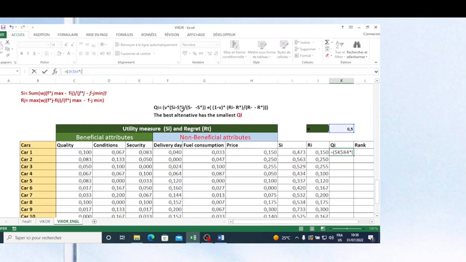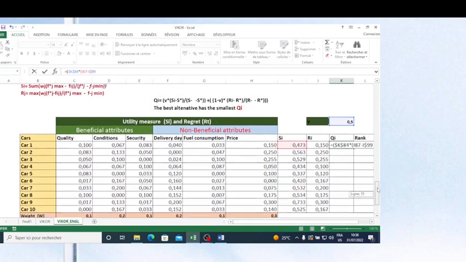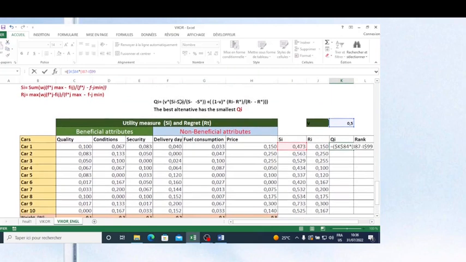Si minus S star, it is this value minus this minimum value. This must be fixed like this, so as to copy the formula. Look at the formula here. It is this one divided